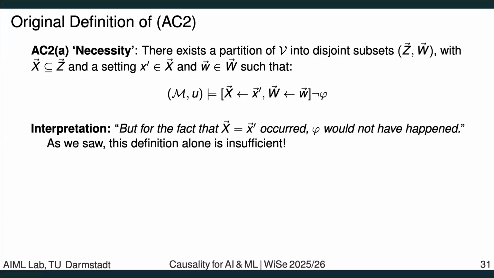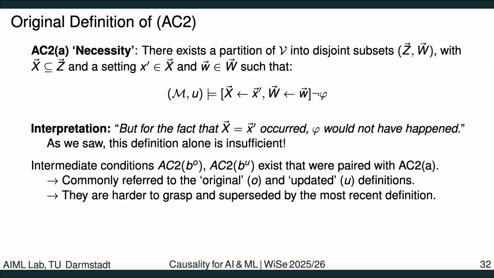So basically, it splits the variables into disjoint sets, and we allow for additional interventions, which will become important in the next part of the rule. So we don't disallow additional interventions, but the important thing is that if I change X and intervene on it, there is some setting of X that makes my observed effect go away. And so what you see is this AC2A. So this is one part of this rule.